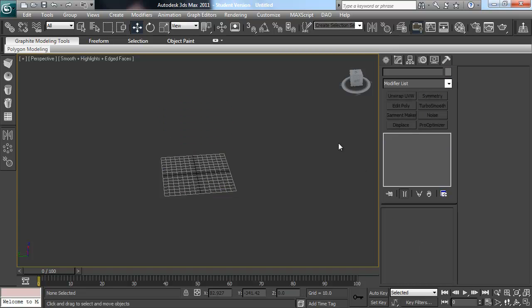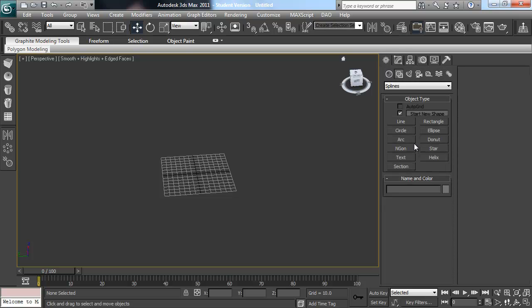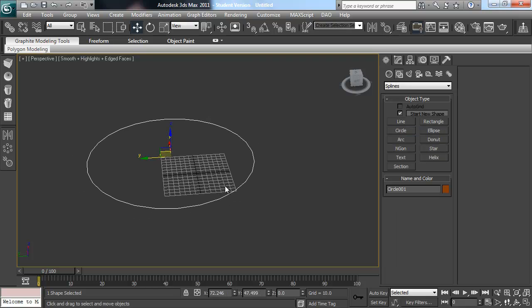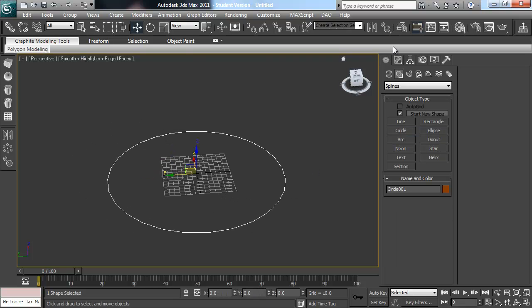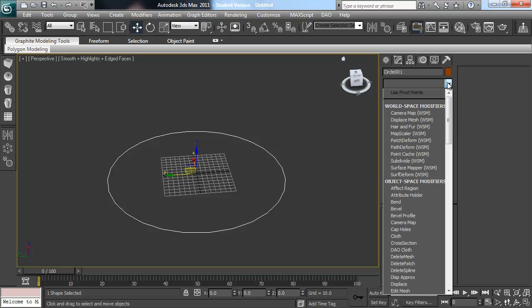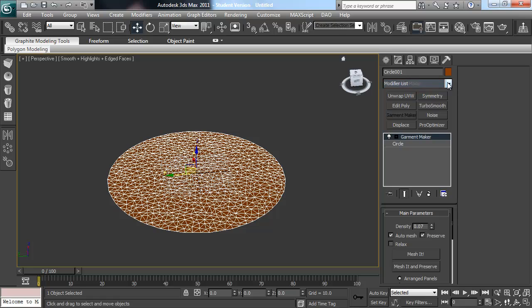Okay, one scenario that I've found myself in before now is wanting to make something like a circle shape with subdivisions on it that seem organic, but they are evenly spread. One kind of cheeky way to do that that's quite easy, I'm going to make a circle, and I'm going to use something called Garment Maker. And this isn't really the purpose of Garment Maker,